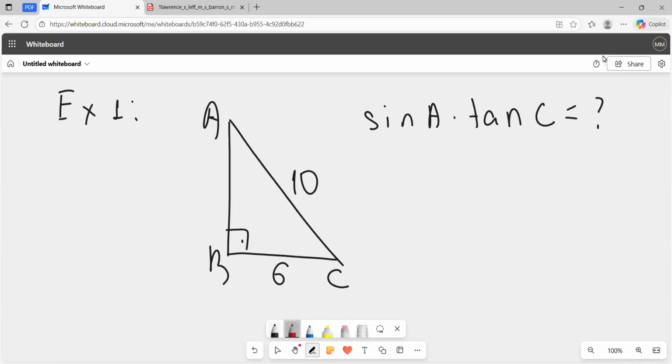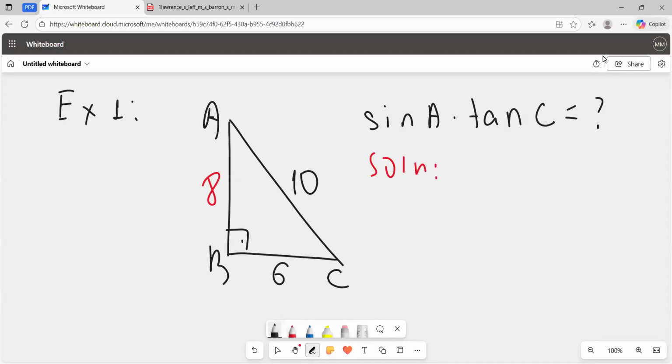Okay, firstly, we will find the length of the unknown side by using the Pythagorean theorem, which is equal to 8, and